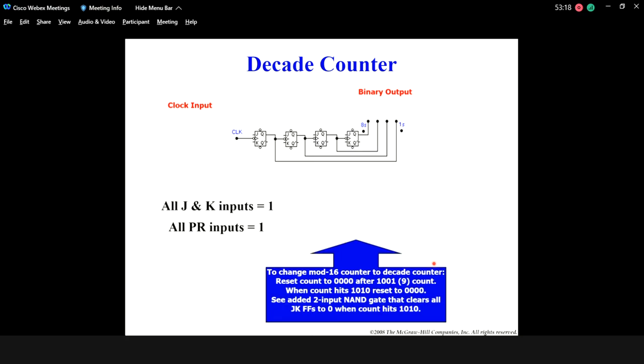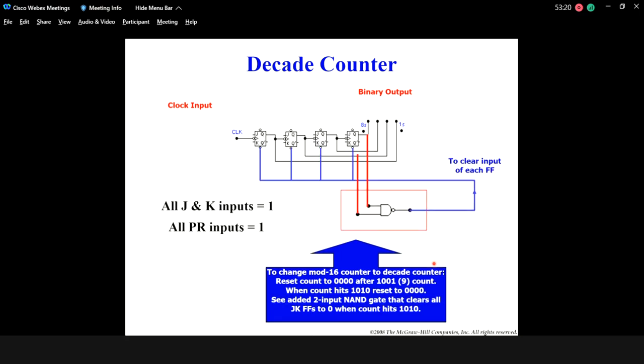So what do we need to do? We need to tap, because 10 is 1010 in the binary. So when it hits 1010, it will reset all the flip-flops, and then the binary will become